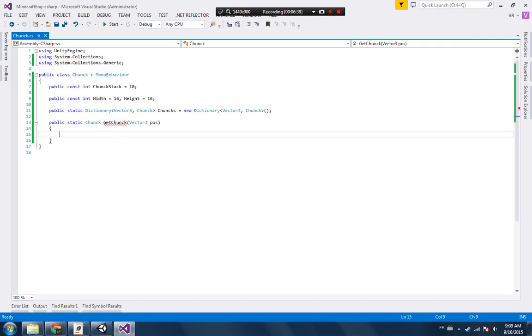Sorry for that. So what we were doing, we've got to find out the position of the chunk. If we say position, it's most likely not going to be the exact position of the chunk, so we've got to find the exact position of the chunk. How are we going to do it? It's quite simple. We're going to do int x, which is equal to Mathf.FloorToInt, not get float. I'm going to do position.x divided by our width, and then I'm going to do times